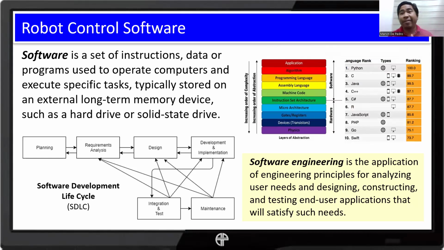All right. As you can see, we have the basic definition of software, which says here it is a set of instructions, data, or programs used to operate computers and execute specific tasks. So, typically stored on an external long-term memory device, such as a hard drive or a solid-state drive. Okay, why long-term?